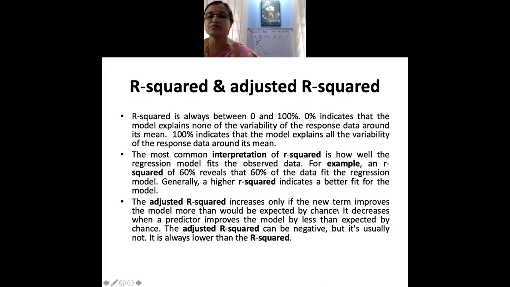Relationship, please make sure it was unmuted all the while. Okay. Now, what do you mean by this 40% and 60%? That is how much of your data fits into your model, your regression model.